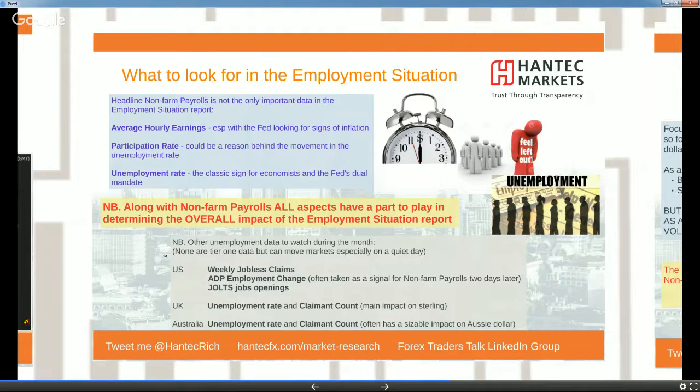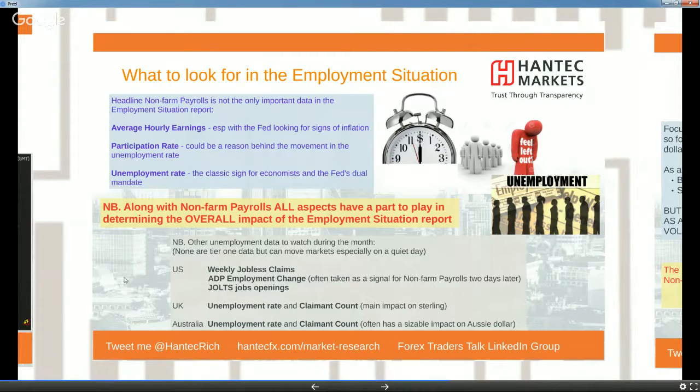But also the ADP employment report. Now the ADP is a private payrolls company. I think it issues paychecks. I think I might have got that wrong, but it basically produces, 2 days before the payrolls report, a very similar number to payrolls, and it's considered to be the private payrolls effectively. And it has in the past, although its correlation now is not as strong as it was. It can be a bit of a mixed number, but it can certainly give an indication of how payrolls are going to do a couple of days later.